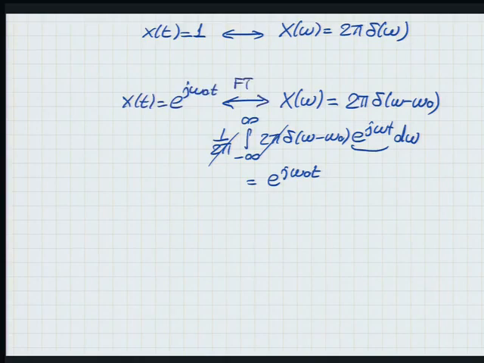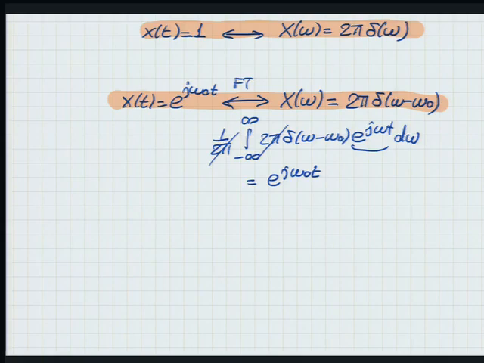And in fact, a special case of this, when omega 0 is 0, is what I have at the top, right? Because then x of t becomes 1, and I simply don't shift the delta, right? So the second result is more general. Okay? So that allows us to segue into sinusoidal functions as well, because, for example, if I had cosine omega